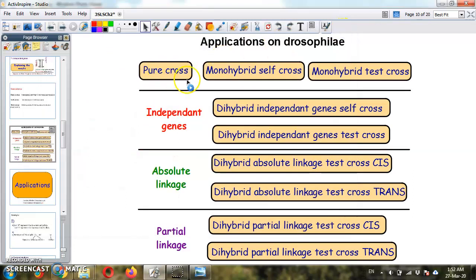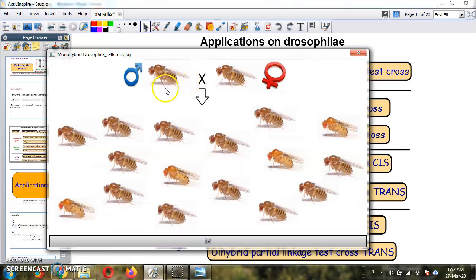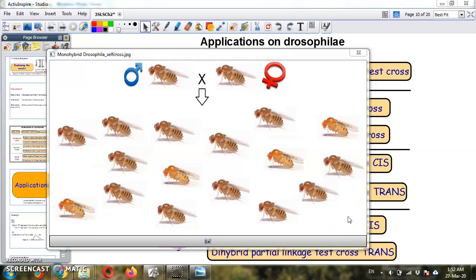It's the pure cross. How about the self cross? In the case of self cross, we cross two Drosophila having brown body, but the offsprings are brown except for some orange ones. In this case, we can see that we have four orange Drosophila in their offsprings and